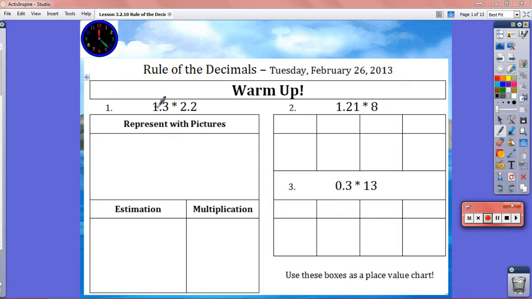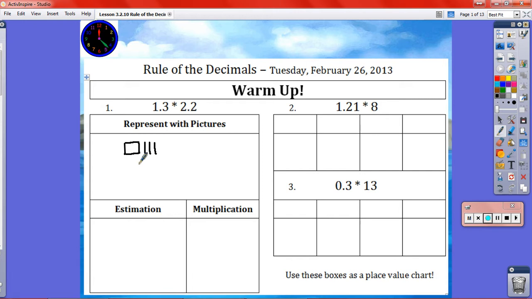For example, 1 3/10 times 2 2/10, represented with pictures when we represent one whole as a square, because in base 10 you can use a square for one whole, and then each of the 10 columns that makes it up is a tenth, and then each of the individual little blocks is a hundredth, because it takes 100 of them to make up a whole. So this is one whole and 3/10,